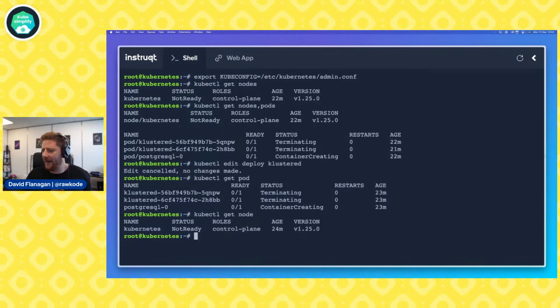Now, before I start giving away all the answers and trying to describe my thought process, I'm curious about you. Does anyone in the audience have any ideas or indications of what may be wrong with this cluster based on what we see already? Now, these clusters are hard, so don't feel bad, don't feel worried if you don't. That's perfectly all right, right?